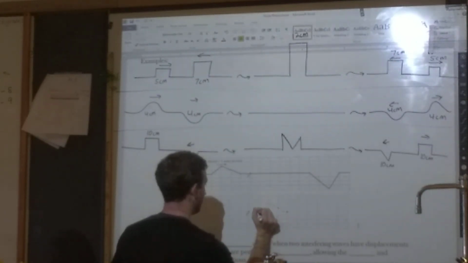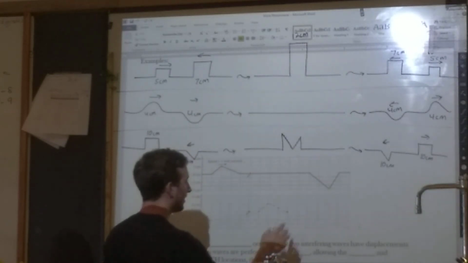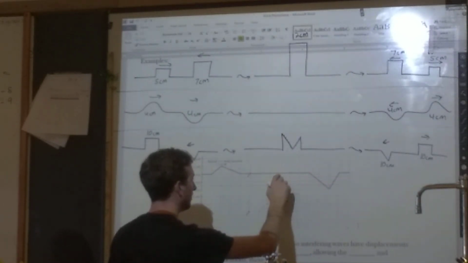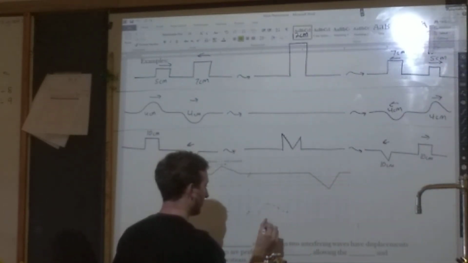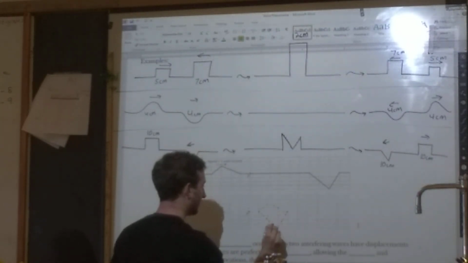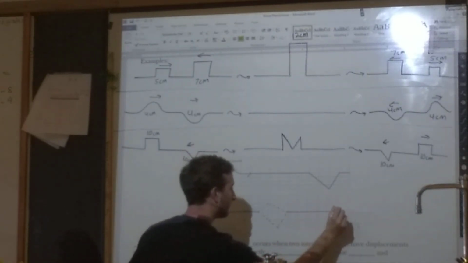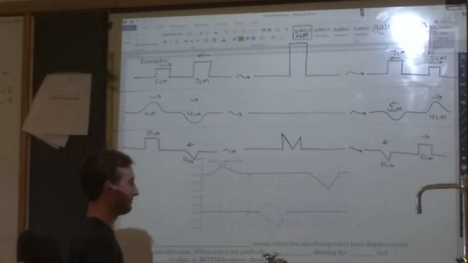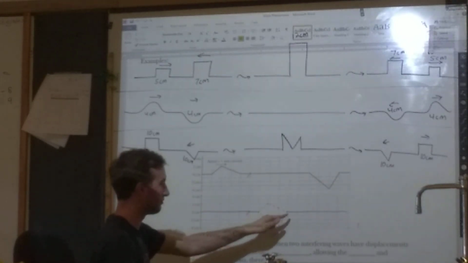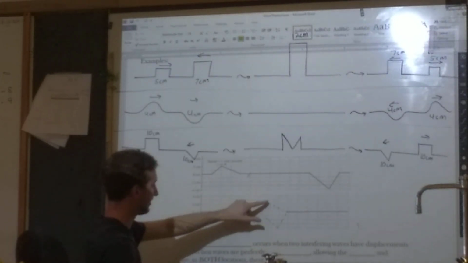So the first pulse looked like this when it was moved over. The second pulse, 1, 2, 3, 4, 5. Okay, so that one goes down like this. All you had to do was to look point by point, okay? They're both at 0 at these 2 points, but at this kind of